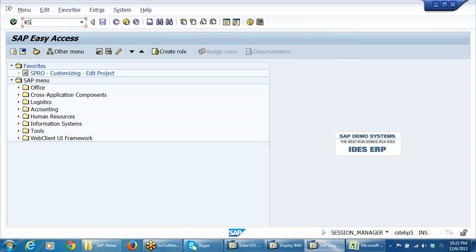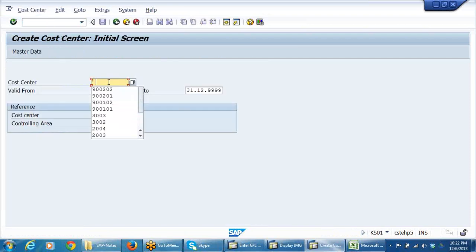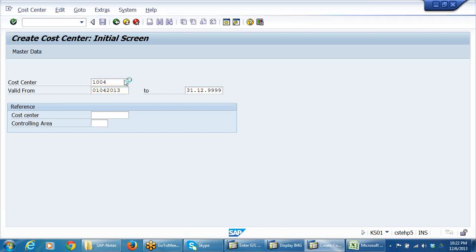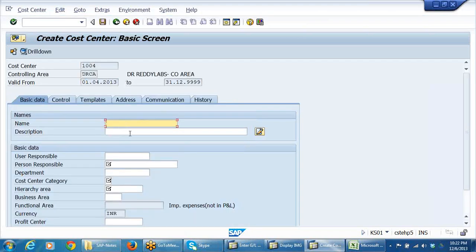KS01 is creation. What I will do is, 1004 I'll create, valid from 01/04/2013. I'm creating 1004. Just test, person responsible, cost center category,